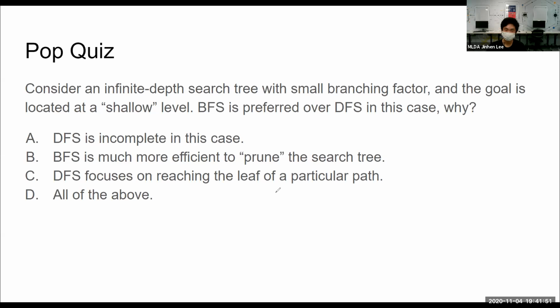okay, let me draw something. Please pardon my drawing. Okay, so assuming you have a lot of nodes here, and this one, you have already ruled out the possibility of it, and it's not correct. So for BFS, you can actually just discard all of this. So you don't need to go through this anymore, so you just look through this. But if you are doing a depth first search, you just go on and on and on, okay? And yeah, DFS focuses on reaching the leaves, I've mentioned it earlier.